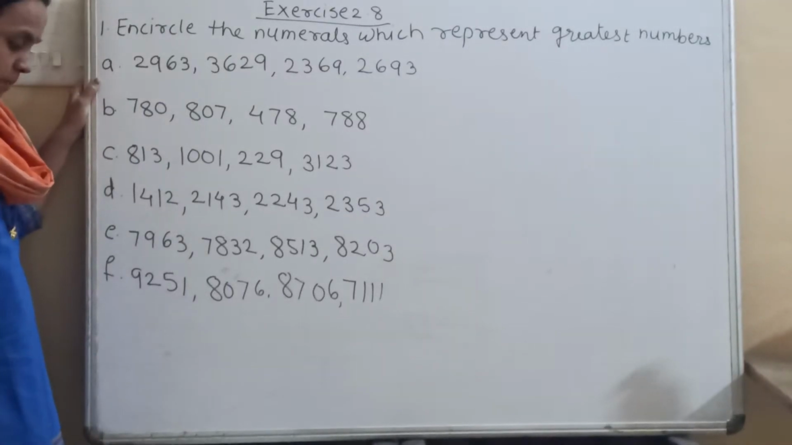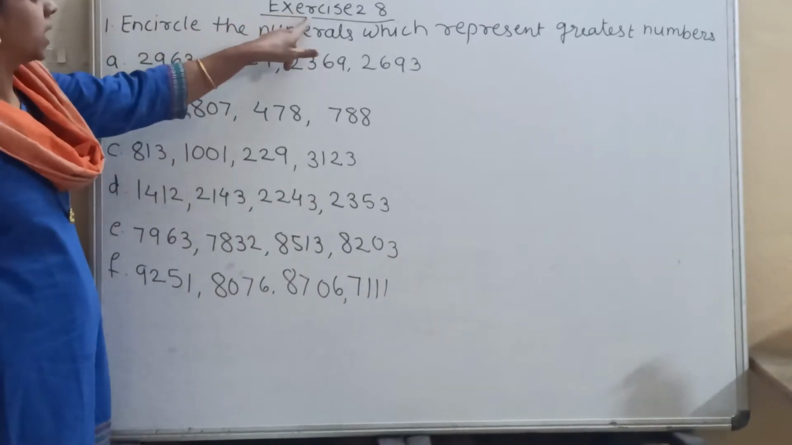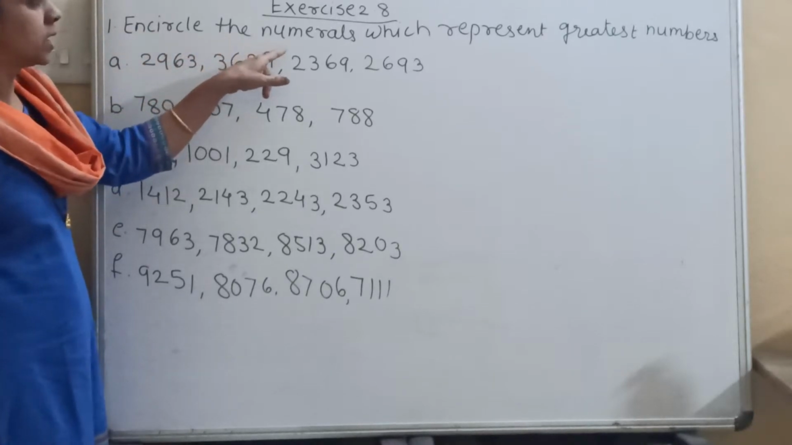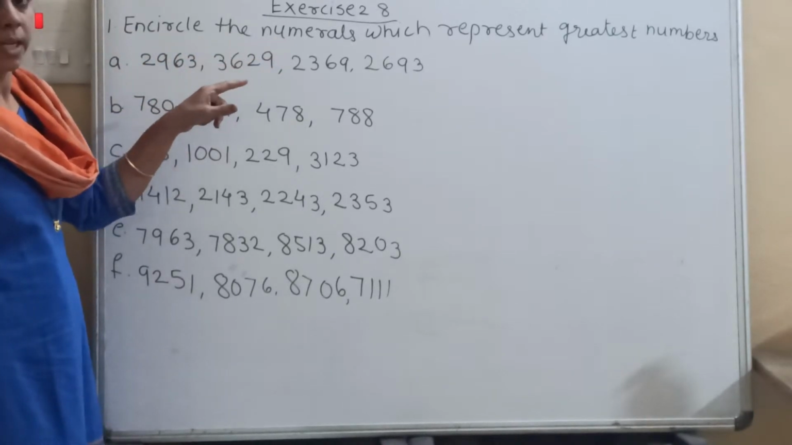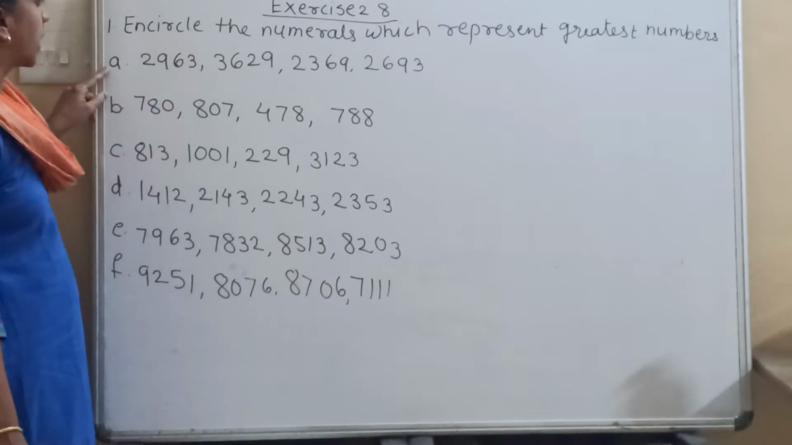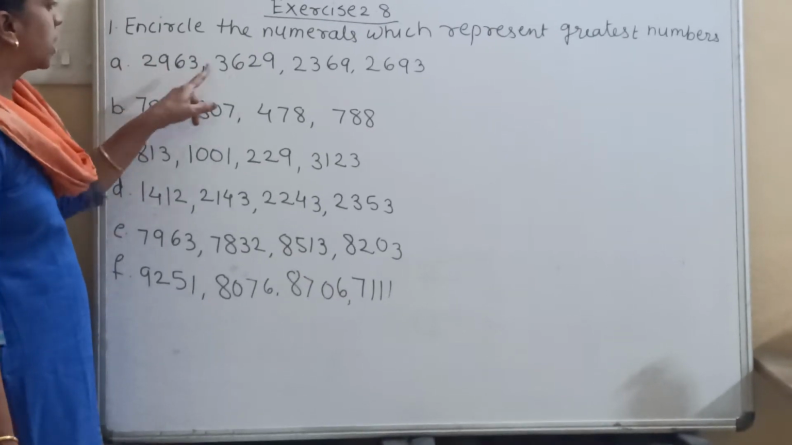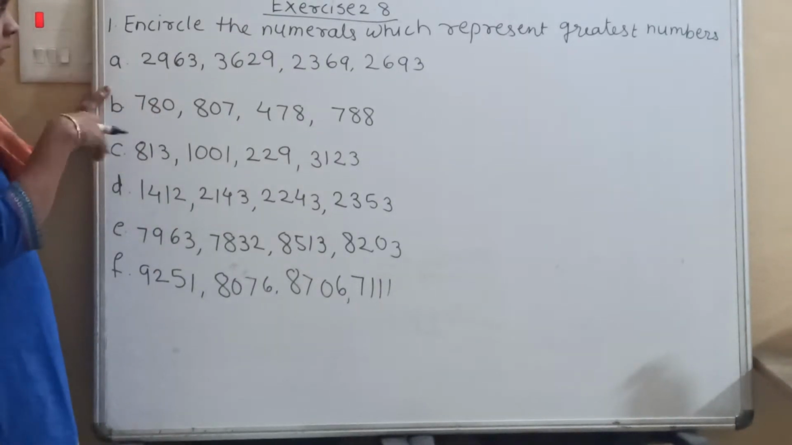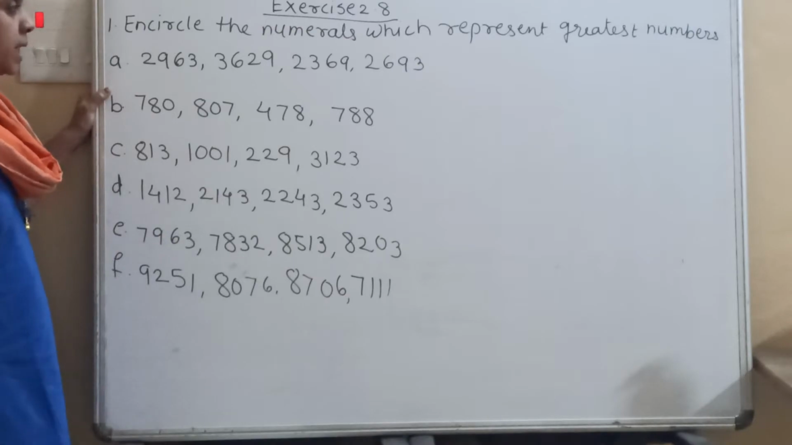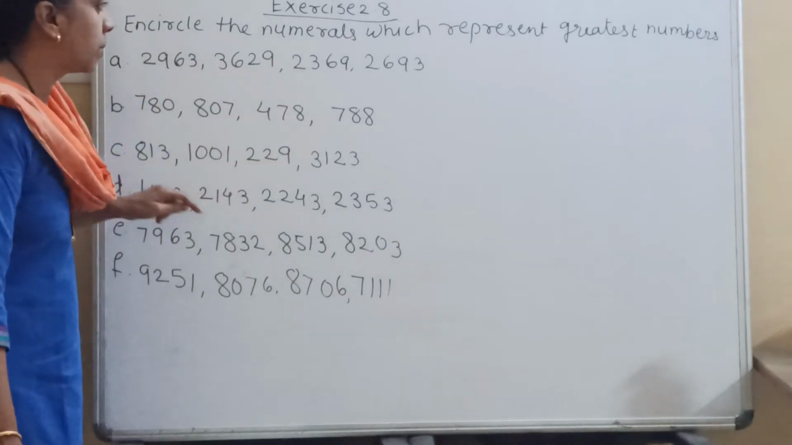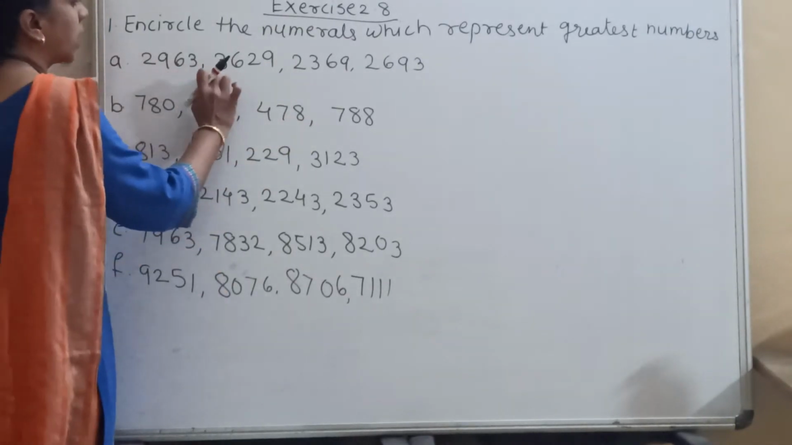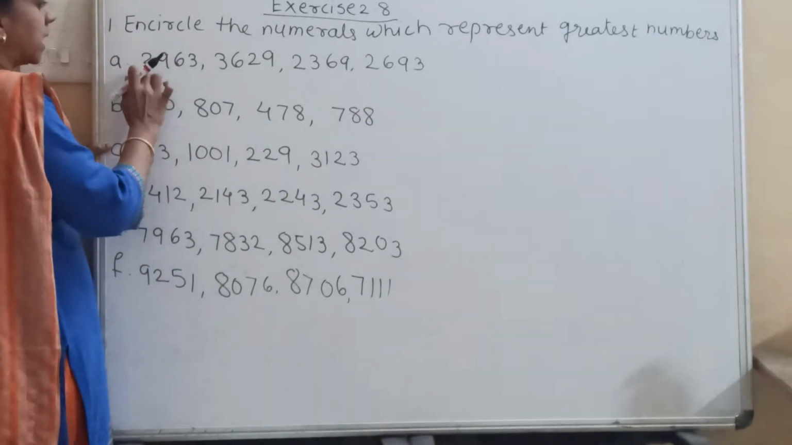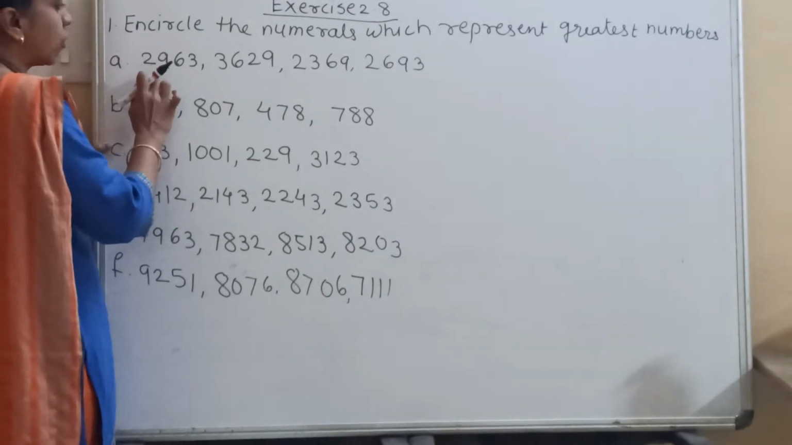Now see your page number 30. On this page number 30, exercise 2.8 is given. Encircle the numerals which represent greatest numbers. Okay, so what do we have to do here? 1, 2, 3, 4. 4 numbers are given. So we have to circle the bigger number among these 4 numbers. So these 4 numbers are in the thousands. So we have to see, starting with this 1000 number,